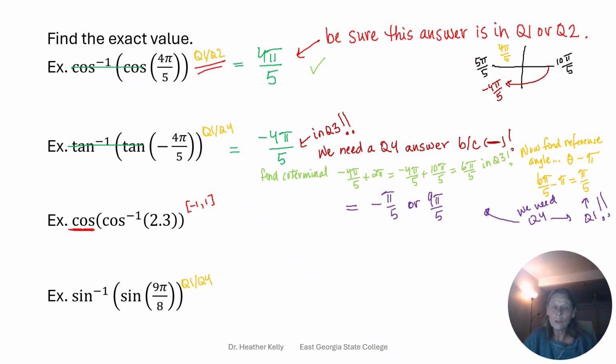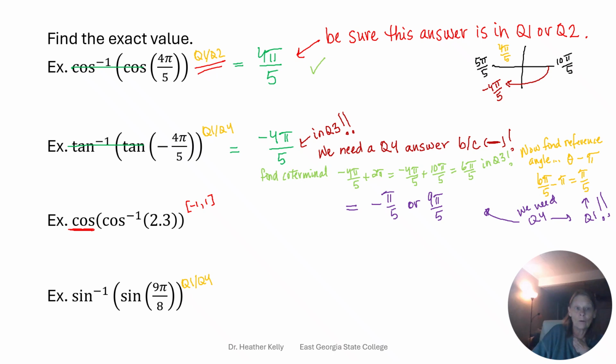That one was convoluted, a lot of little things. None of the steps difficult, but you have to understand where we have to give our answer, and then we have to understand how to move around the circle to get to that answer. Okay, let's look at the next one here, and then I'm going to give the last one as a you do. So this next one here is the cosine of arc cosine of